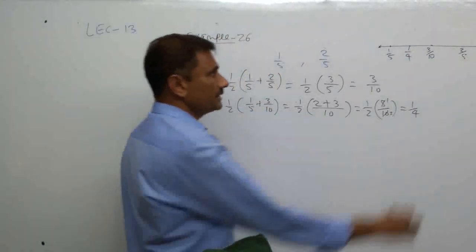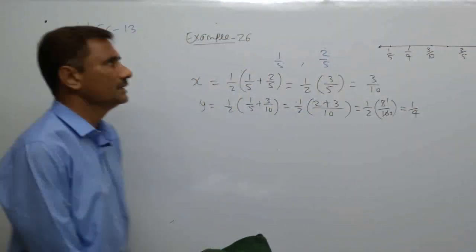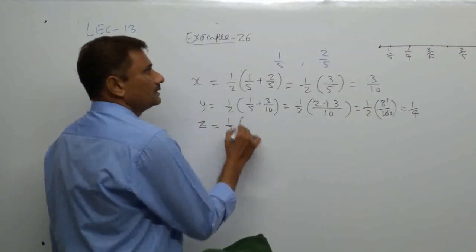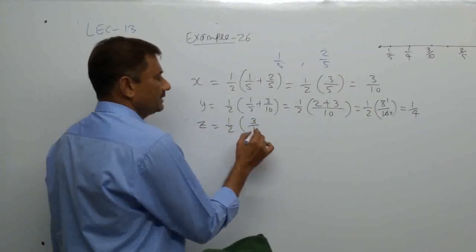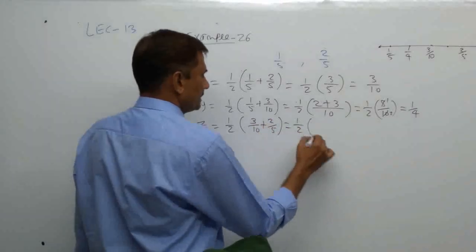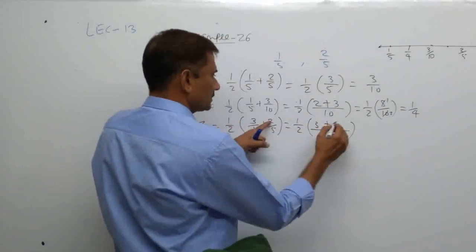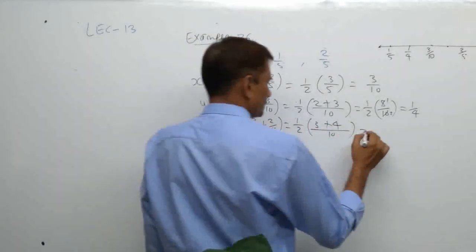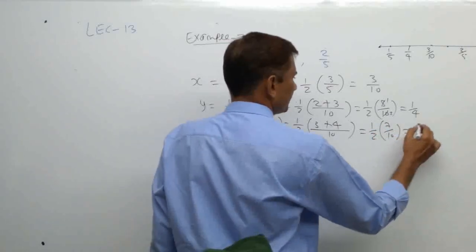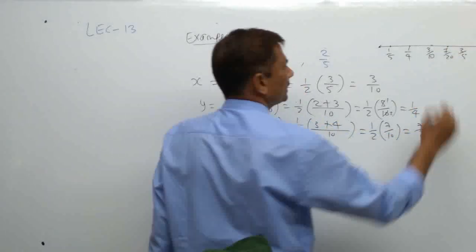Even you get 1 here also, taking the average of both ones which are there, 3 by 10 and 2 by 5. Suppose that is Z. So it will be 3 by 10 plus 2 by 5. So again 10 is the LCM. Here 3 remains only, here 2s are 4, so it will be 1 by 2, 7 by 10, meaning 7 by 20. So far we got 3 numbers.